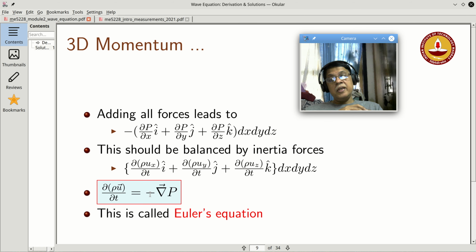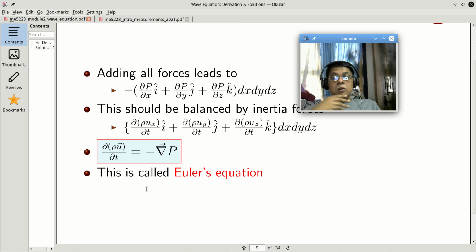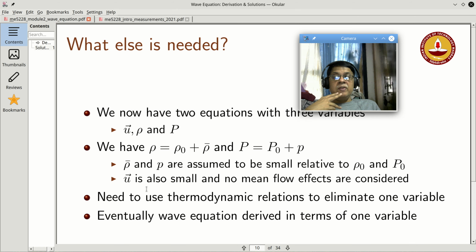Here is a gradient operator, so this is a vector equation. Effectively, I have three equations from momentum and one equation from mass conservation, right? So this comes from these two. Okay, now what else is needed? So effectively we have,